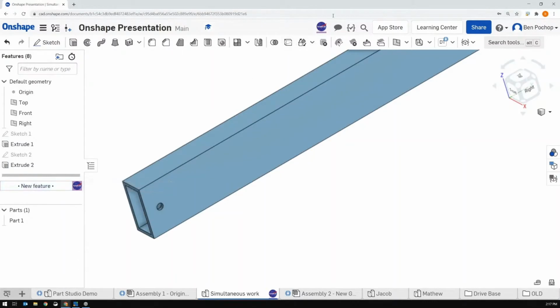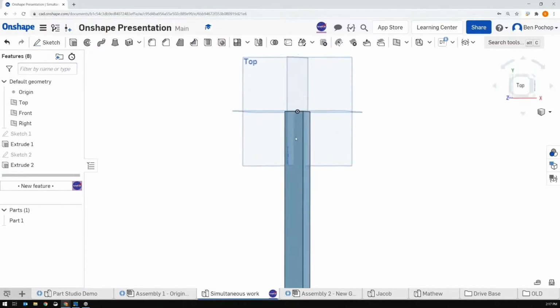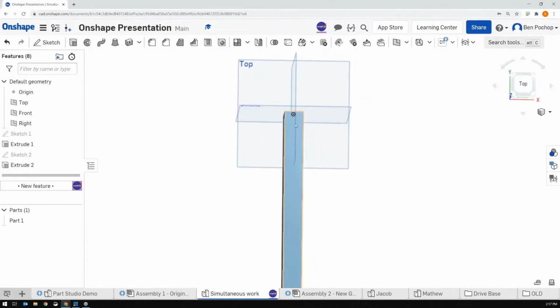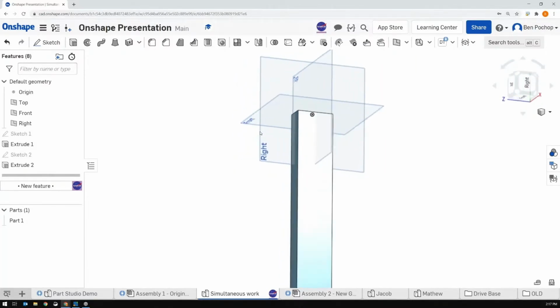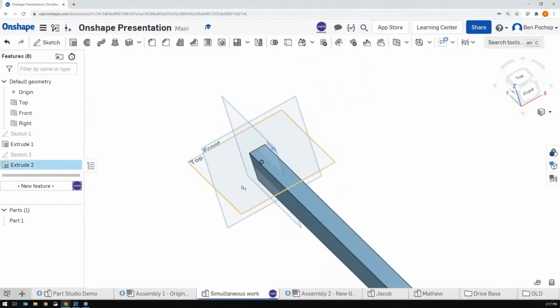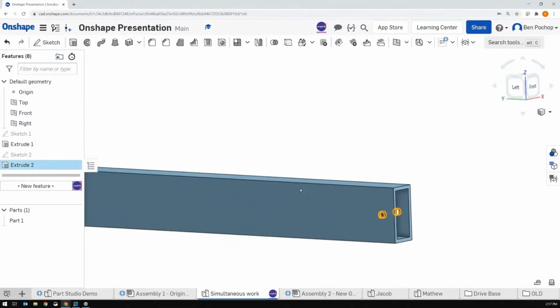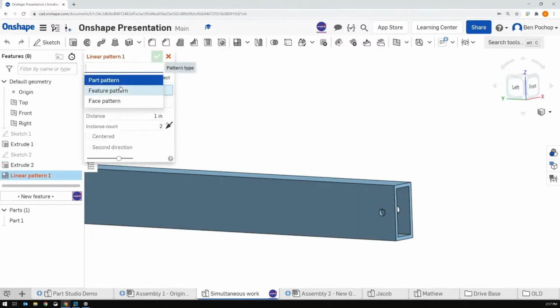And at any time, if I wanted to talk through what Alex is doing on his end, I can go look and see, hey, look, here's where he's at on his part. You can tell him his hole is sized incorrectly or he has a problem there. So as you're training your rookies or you're working through a design with your other teammates, you have that option and that ability. This is, again, a very simplified example of what we're looking at here. This isn't something you would necessarily have to worry about. Obviously, creating 2 hole patterns is something that's really quick and easy to do. But you can see that when we're done here,